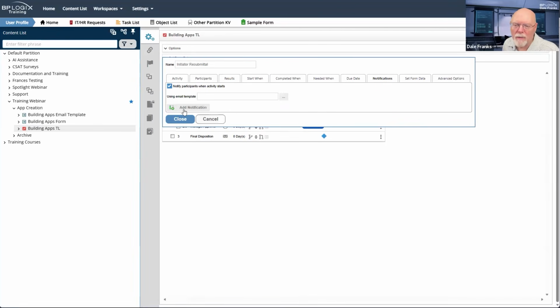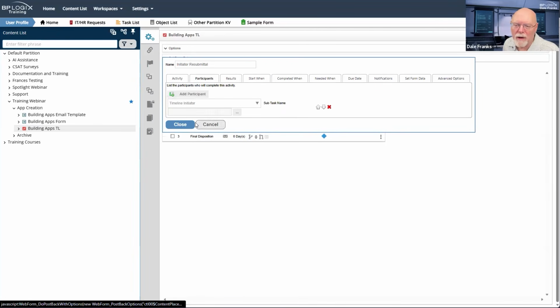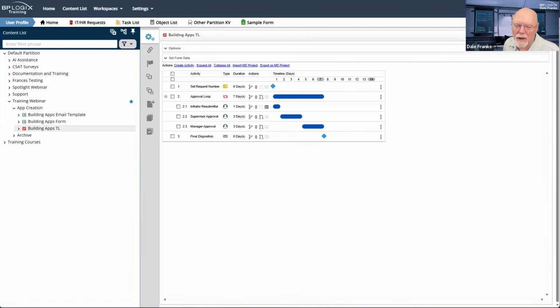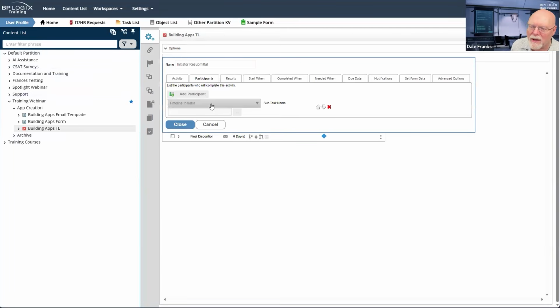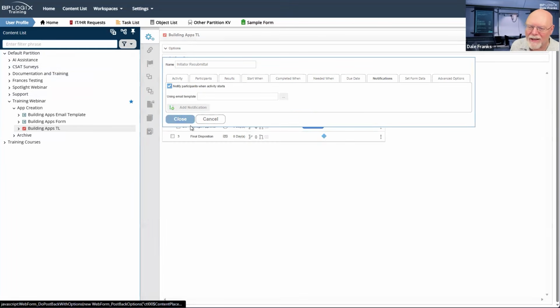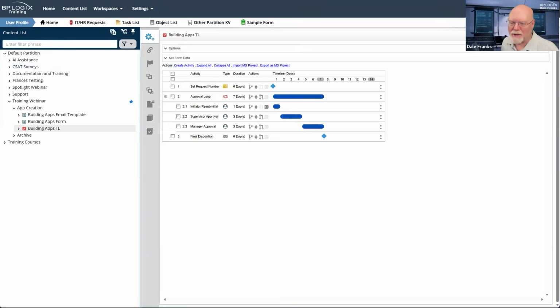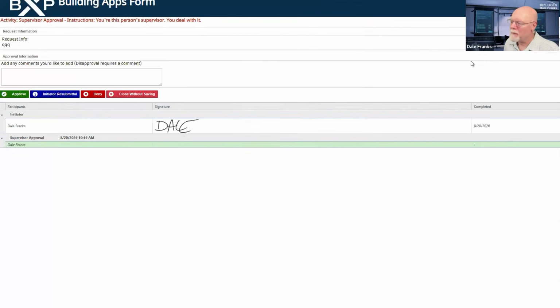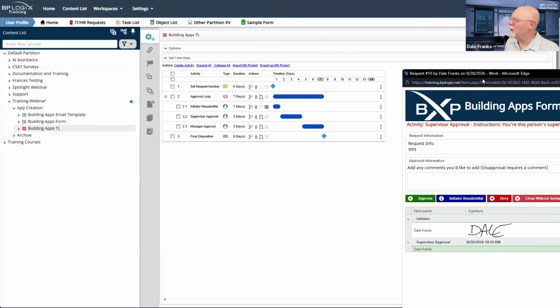So, yeah. Initiator resubmittal, notify participant when activity starts. Participant should be me. So why am I not getting the emails? Because last week I forgot to turn those check boxes off here, and I got a ton of them as we were testing last week. Didn't mean to maximize that.